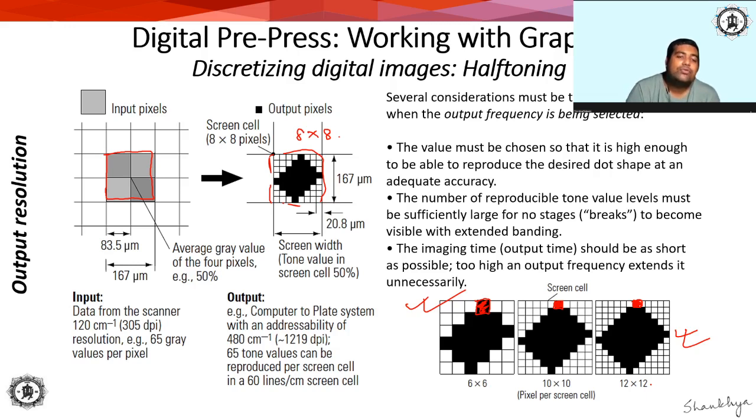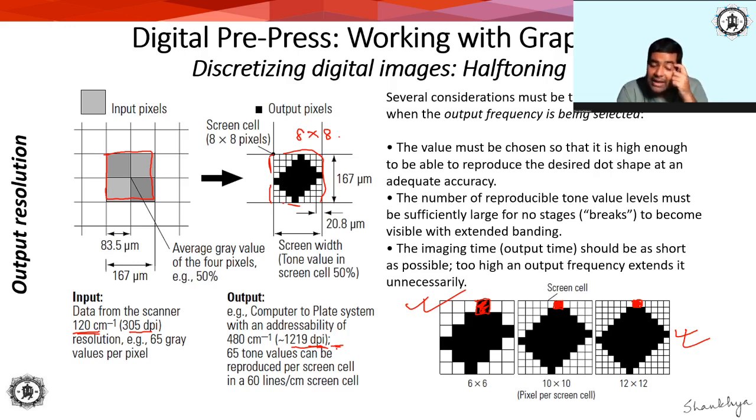Now, the overall idea here is that input resolution is what you are getting from your scanner, right? This is the scanner resolution. Let us say this is 120 lines per centimeter, or converted into inches, that is 305 dpi, and your CTP's addressable resolution is 1219 dpi, right? Okay, now the question is,